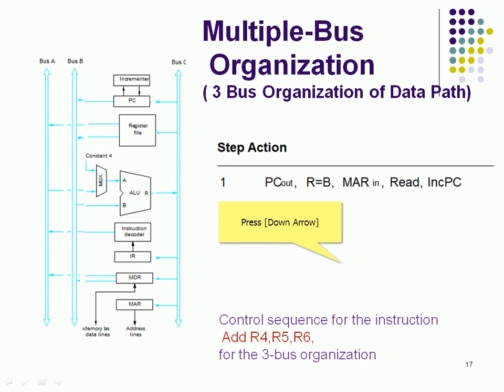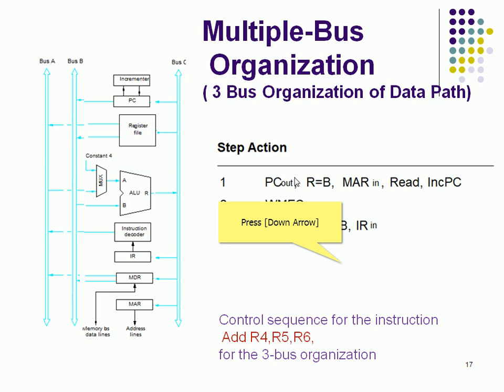There is a little improvement over the automatic increment of the program counter. Let us see here, INPC, whereas in the previous case we had the length of instructions or other micro operations involved. Since multiple buses are there, incrementing the program counter by default will happen with the help of this register, right? So R=B. What is R=B? It means the register is connected to the bus B. So wait for memory function completion, because MAR is involved here, memory related operations. Once completed,